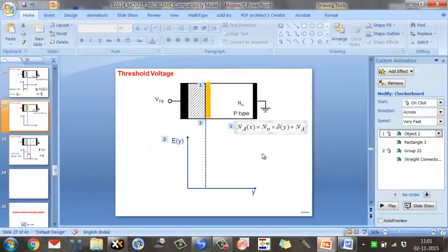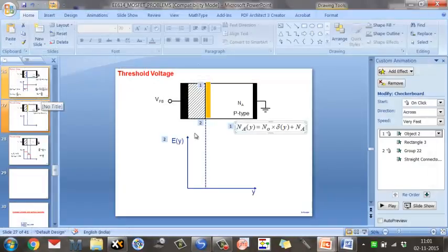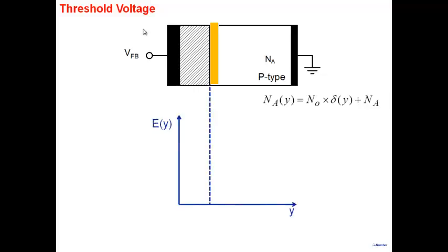All right. So Na times y here. The issue is I have a sheet of doping now. It's doping here, N0 delta y, and of course Na is there throughout. Now what I want to do is calculate my threshold voltage. How much is my threshold voltage? Again, the idea is that you sketch the field, and then you take the area under the graph, and then you'll have the threshold